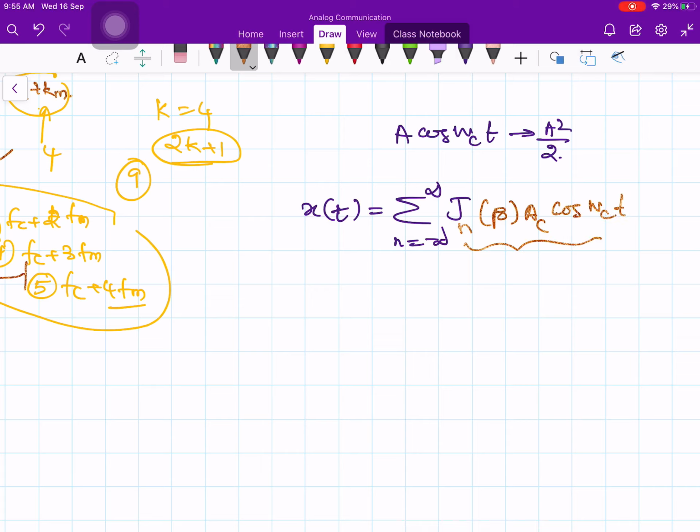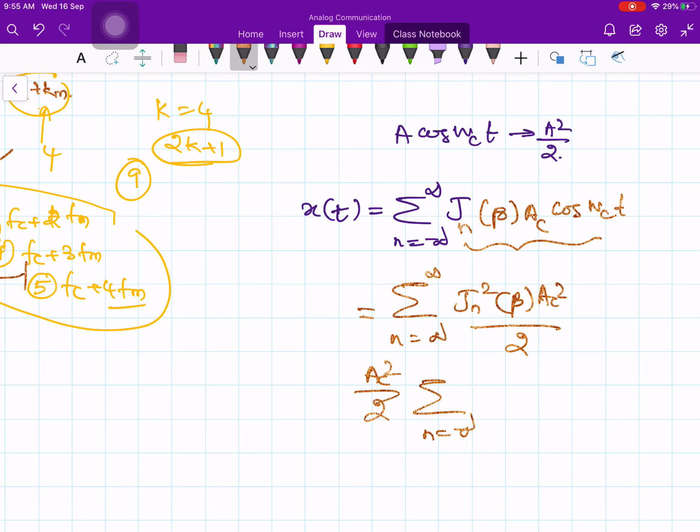Simply, this we already did in the last class. Sigma n is equal to minus infinity to plus infinity Jn squared of beta times Ac squared over 2, and Ac square is constant, 2 is constant. You can pull out from the summation Ac square by 2 sigma n is equal to minus infinity to plus infinity Jn squared of beta. Now in this you are going to consider only k components